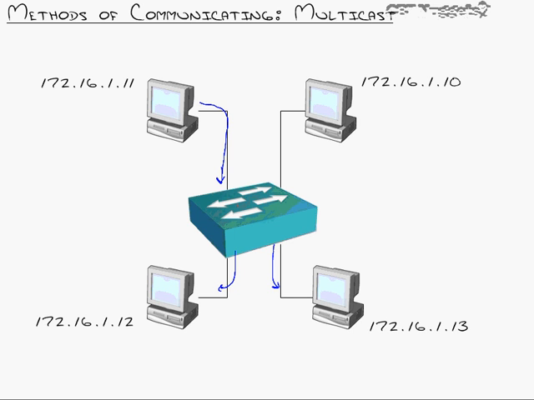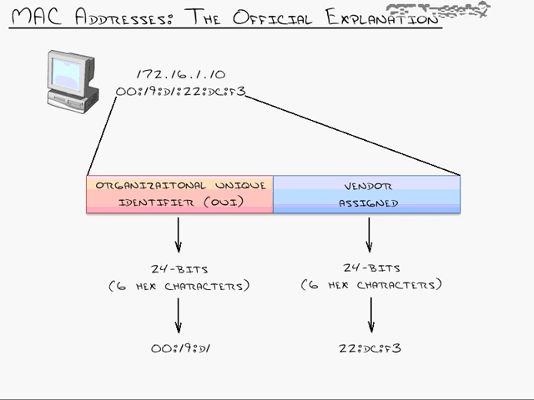Pretty cool communication type. The last thing that we'll talk about in this opening video to Ethernet is the MAC address. We've seen them quite a number of times at this point, but we haven't officially described where they come from or why they're 12 characters or what those 12 characters really mean. Well, honestly, I don't know why they're 12 characters. Whoever created the MAC address standard, I'm sure, just said that will be how long they are. They're hexadecimal, which means 0 through 9, and A through F are valid